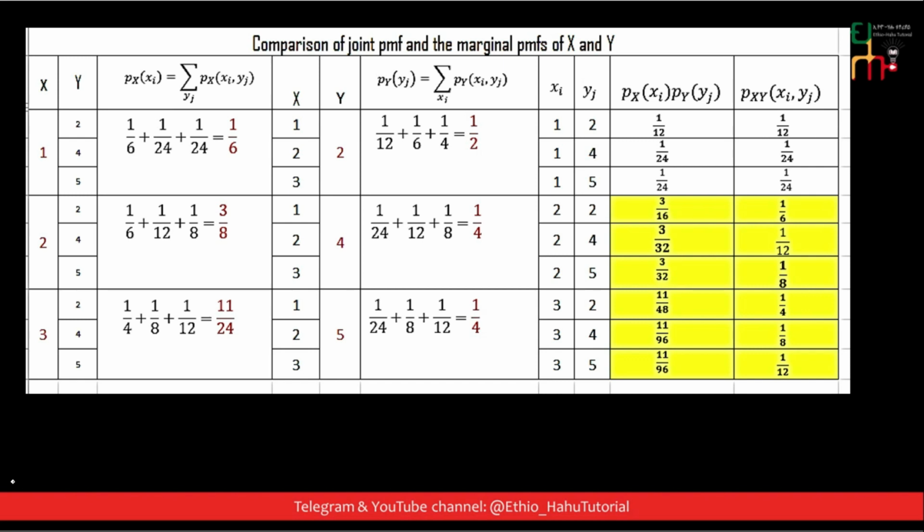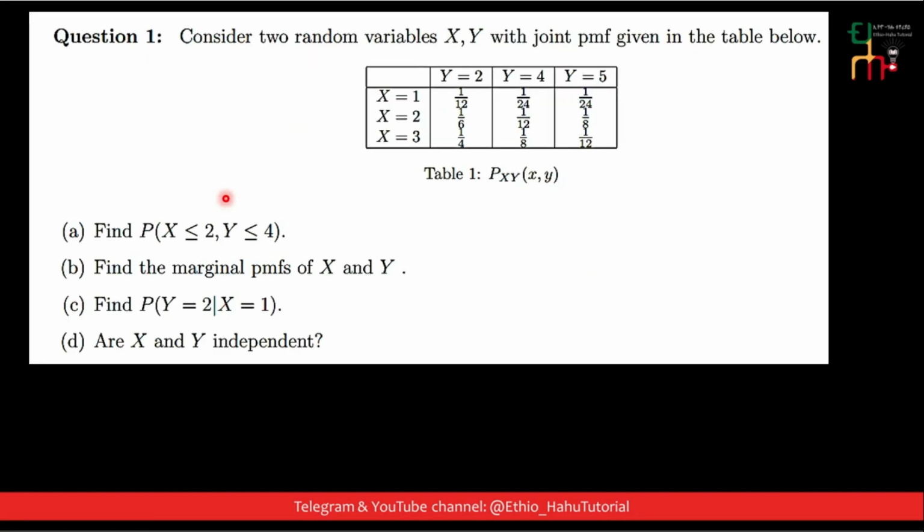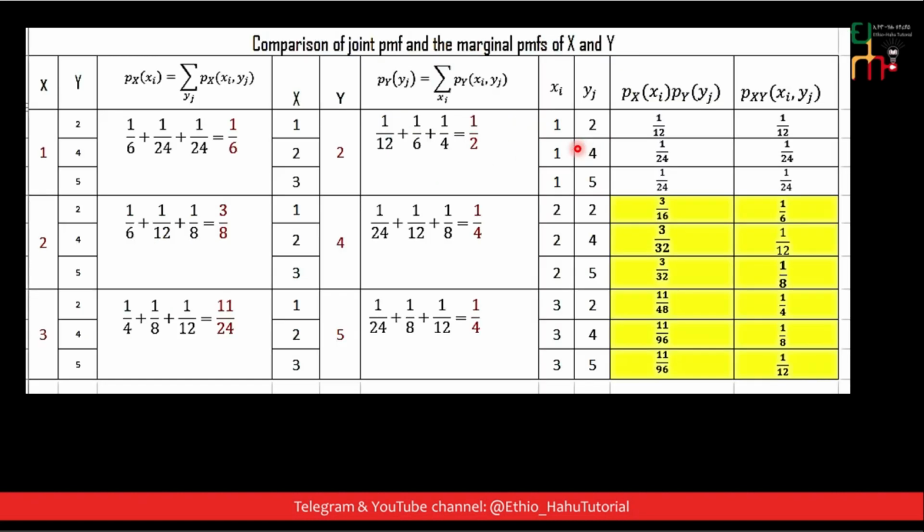ሁለቱ ራንደም ቫሪያብልስ x እና y ኢንዲፔንደንት ናቸው ወይስ አይደለም ለሚለው ጥያቄ joint probability mass function ሰጥቶናል። ቴብሉ ላይ እንደምታዩት የእያንዳንዱ x 1 ሲሆን y 2, x 1 y 4, x 1 y 5 ሲሆን x 2 y 2, x 2 y 4, x 2 y 5, x 3 y 2, x 3 y 4, x 3 y 5 ሰጥቶናል። ከዚህ marginal probability mass function አገኘን። marginal probability mass function of x ን አገኘን for